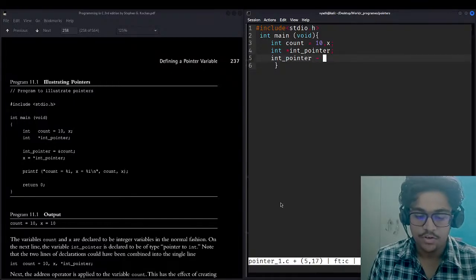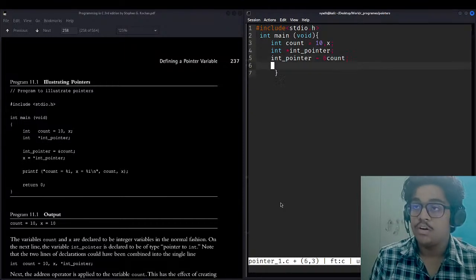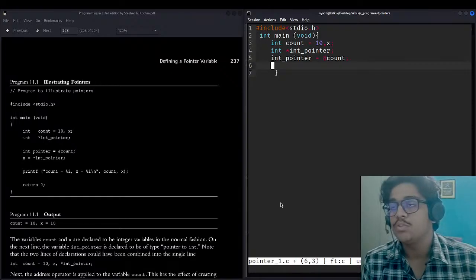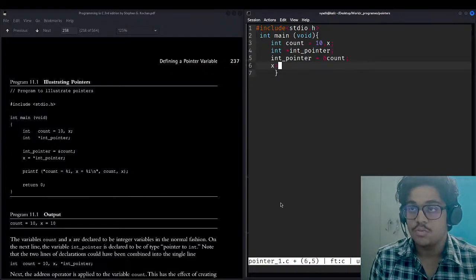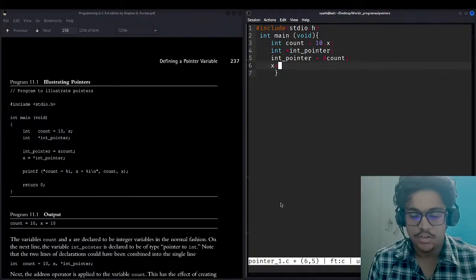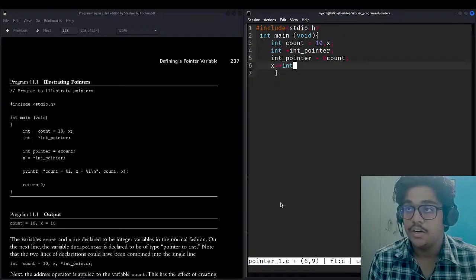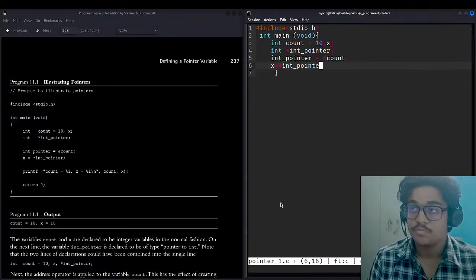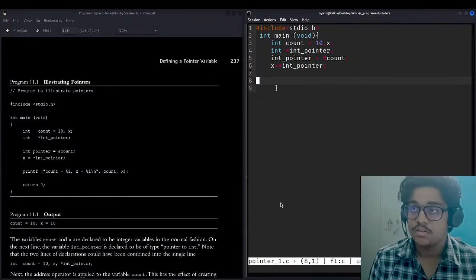For assigning, we need to use the assignment operator and the address of count, done. And we need to fetch the value of the count variable and put it in x. So for that, x is equal to asterisk int pointer. Okay, now we need the value of x.